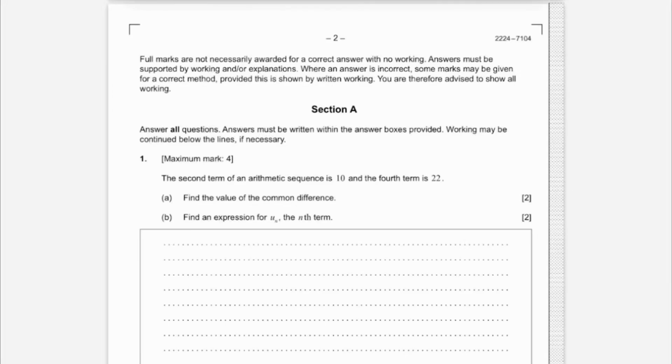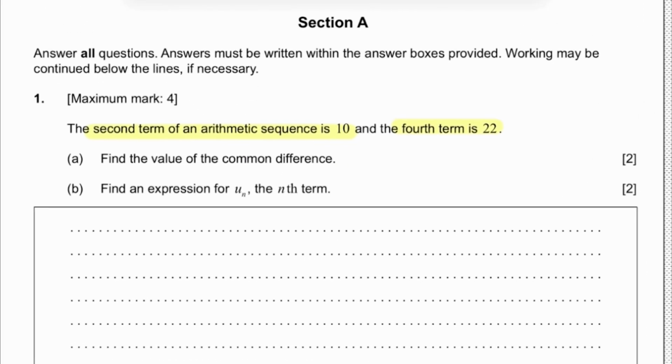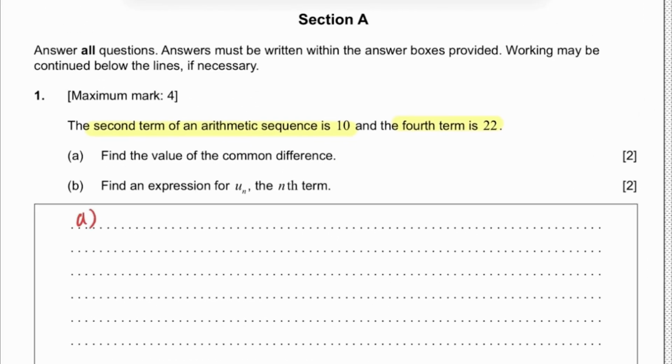For the information we have, the second term of the arithmetic sequence is 10 and the fourth term is 22. So knowing that information, let's start on A. So A, we know that the second term equals the first term plus D, and that is equal to 10. Then we know that the fourth term is equal to the first term plus 3 common differences, and that equals